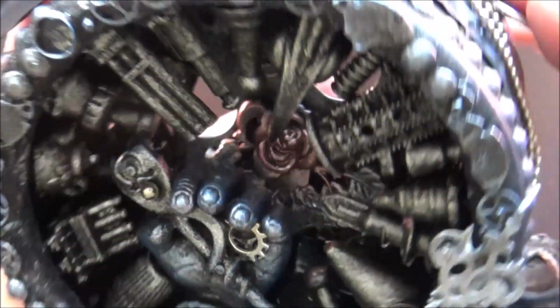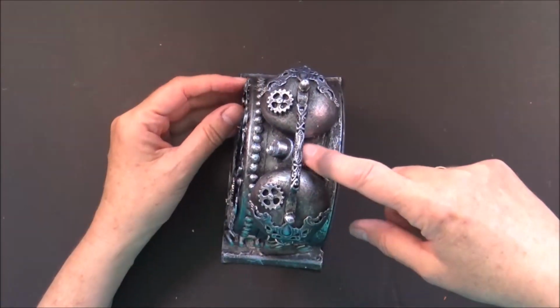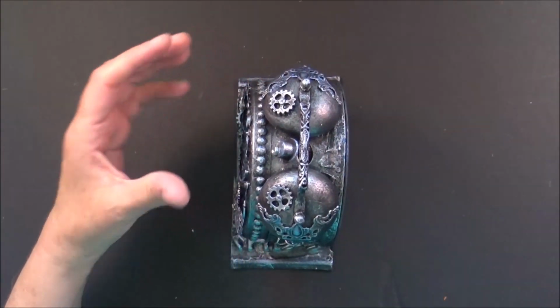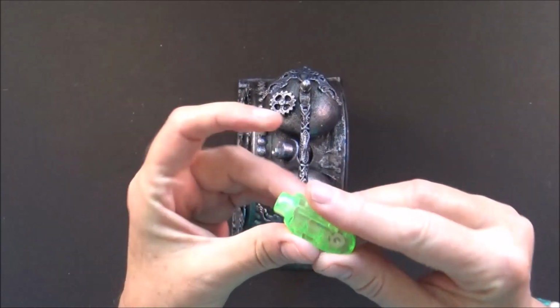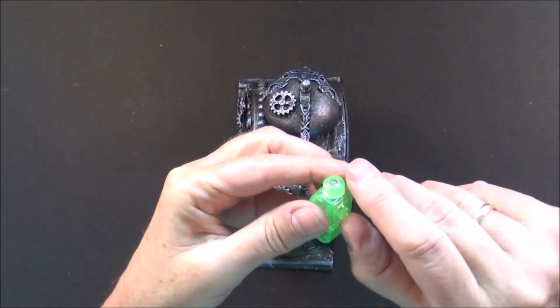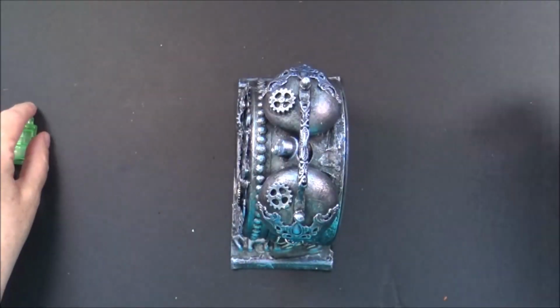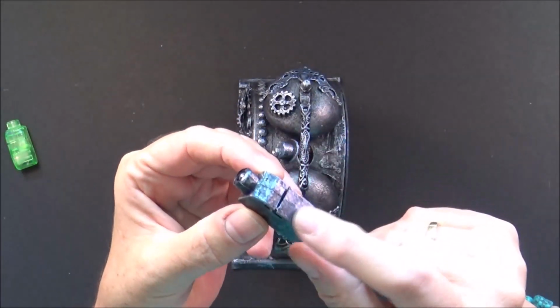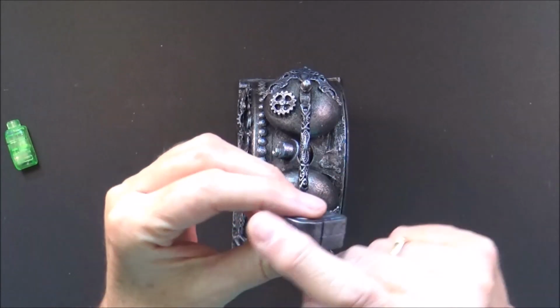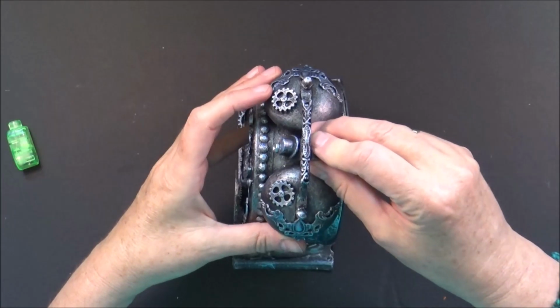Now, I thought the hole on the top would be a perfect place to add another very interesting element. I had a few of these party lights, you know, they go on the finger. They usually have a little loop, which I cut off. This one is a green one, but I also had a blue one. I went ahead and I colored it in the same color as the clock here,